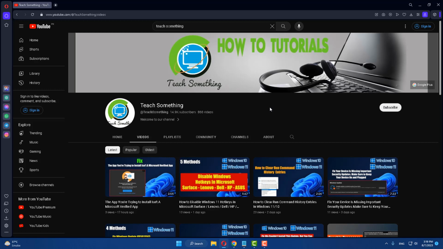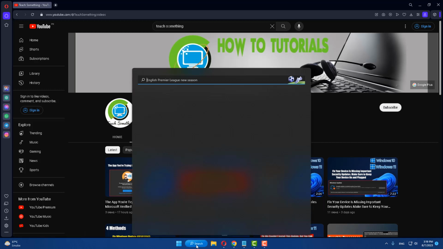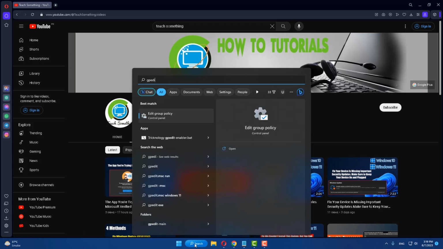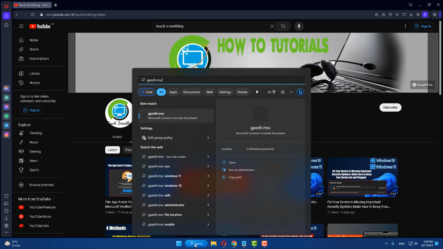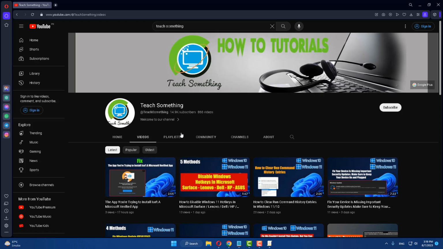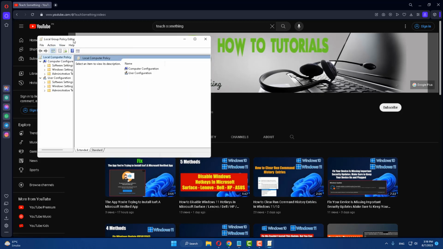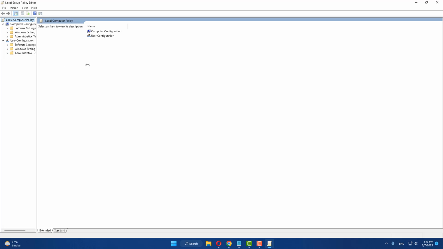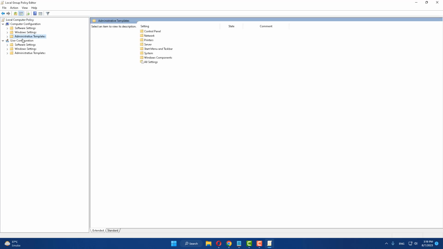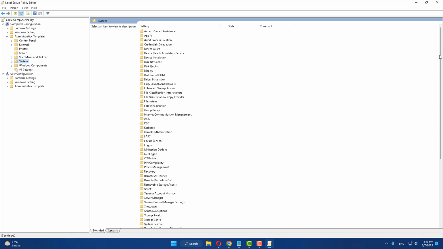So let's start. Okay guys, in the search box type gpedit.msc. So open the Local Group Policy Editor. After that, select Administrative Templates and expand it. Select System. Now scroll down